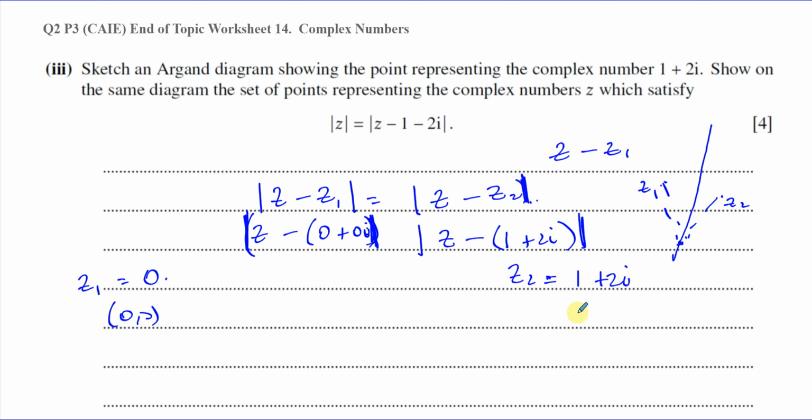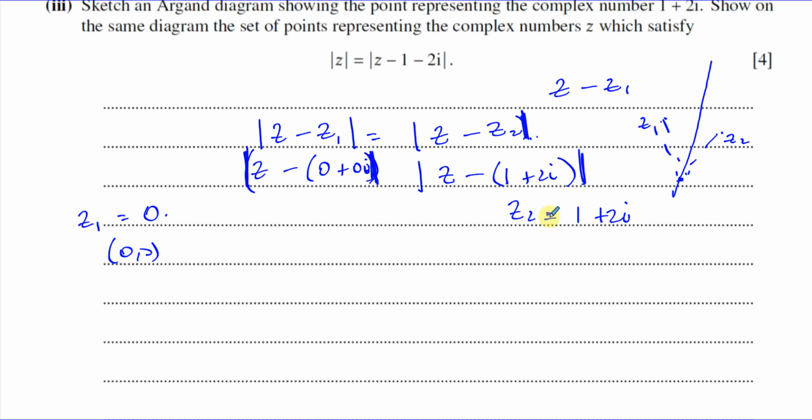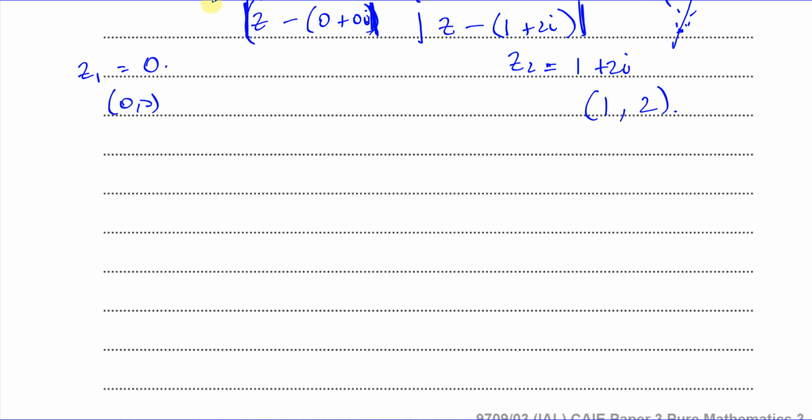Okay, so we know that the points that represent the complex number z must be the perpendicular bisector between these 2 points. Basically this point is represented on the complex plane by 1 and 2. So if I draw the Argand diagram,